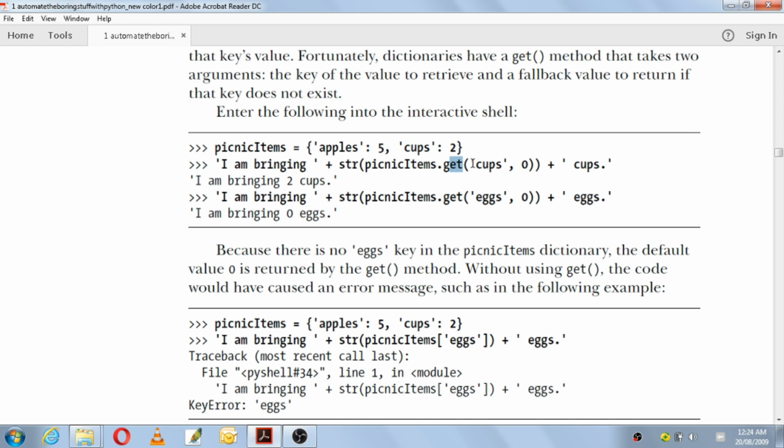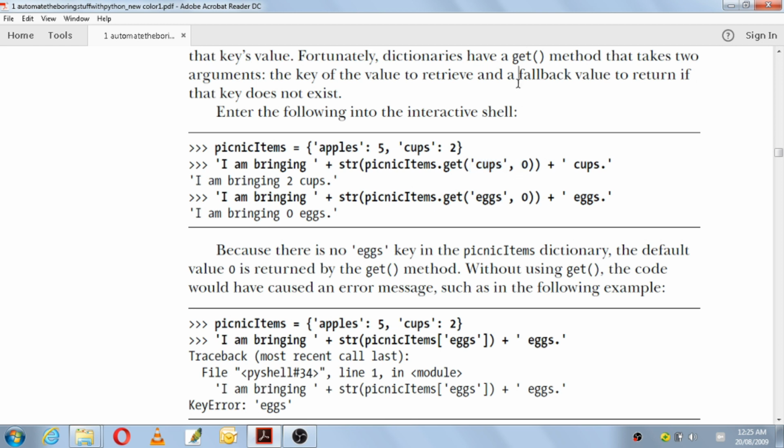Okay, as I told, the get method will have two arguments. The first argument is the key whose value you want from the dictionary. That key you have to specify, and if you specify the particular key, then only you can access its value. We had studied previously that in a dictionary, if you want to access the values, you have to specify the variable name followed by the key value. So here with the get method we are using the key value comma 0.